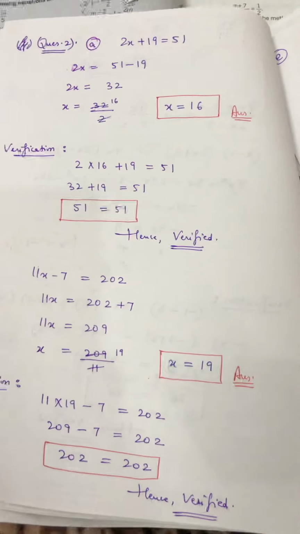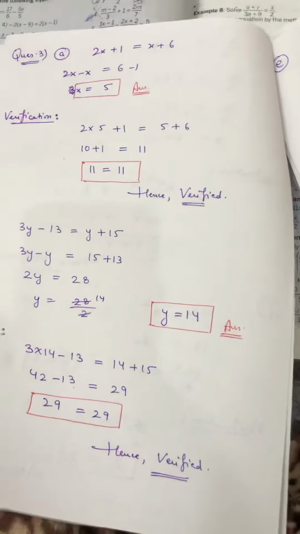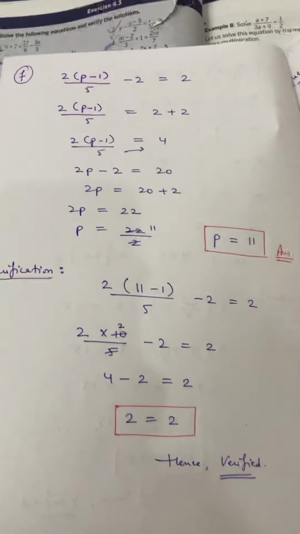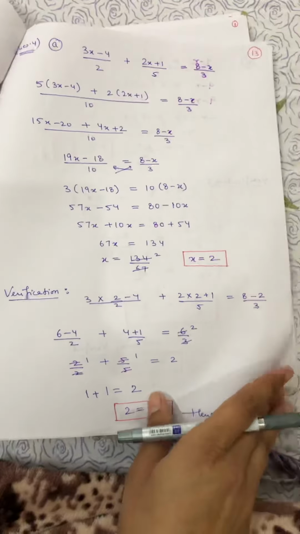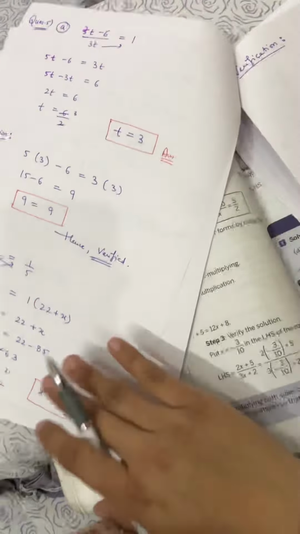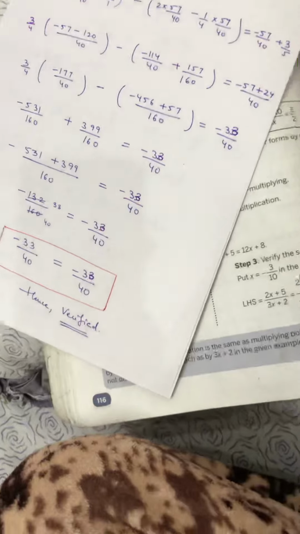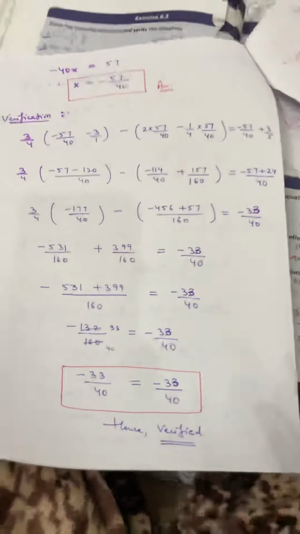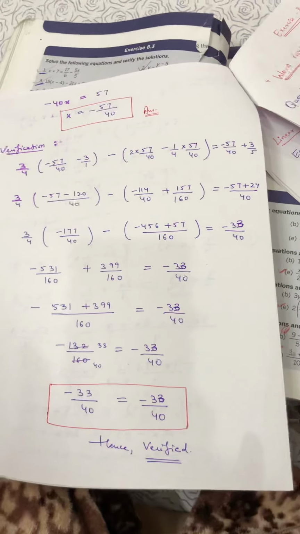Got it? Similarly, you have to solve all the parts of the first question, and all the parts of the second question. The second, third, fourth, fifth questions are very easy. Answers are not coming in fractions, so they are very easy to solve. I have given the complete PDF, where you can see all the questions. The concept is the same as it is: solve the equation, then verify in your question and take out your answer. So this was the last question of exercise 8.4.